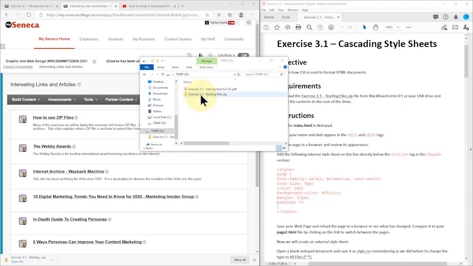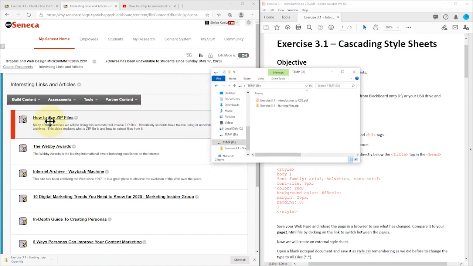Before I move on to the next step, I want to just go over what a zip file is. A zip file is like an envelope that contains a bunch of different pieces of paper. In this case, it's an envelope that contains a number of different files. You cannot work with these files until you take them out of the wrapper or take them out of the envelope. If you're not sure how zip files work already, I'm going to demonstrate in a minute, but your professor